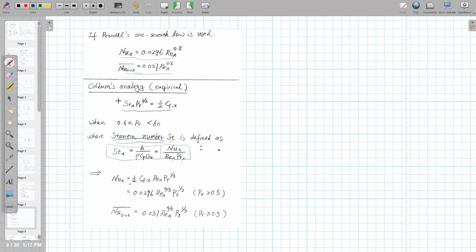If you're using this Colburn's analogy, it includes the effects of the Prandtl number, right? Because it's divided by the Prandtl number here and then multiplied by the Prandtl number to the 2/3. If you're still using Prandtl's 1/7 law for this Cf value, which we derived from Prandtl's 1/7 law, this will be your final result. So the Nusselt number Nu_x will be equal to this one. And there is a range in which this Colburn analogy can be used. This Colburn analogy only works for this range of Prandtl number,